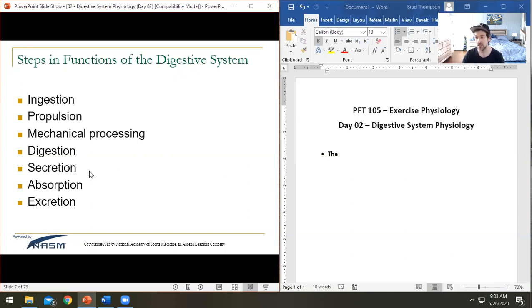And then the really key reason we're even doing all this, the reason we're breaking everything down through mechanical processing, digestion, and then secretions allowing that to happen, is so that we can actually absorb those nutrients. And absorption is the kind of crux of what we're talking about today. It's all about getting nutrients so small that they are able to actually pass into our bloodstream. And then finally, you have excretion, which is getting any leftovers out of the